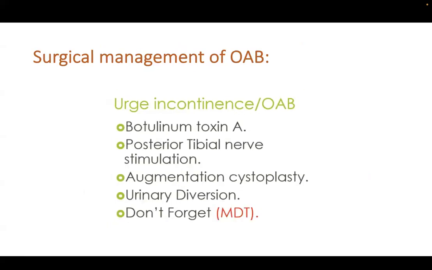And we should not forget to send the patient to MDT before surgical management. What are the surgical managements? Intravesical botulinum toxin A, sacral neuromodulation, posterior tibial nerve stimulation, and the most invasive surgeries are augmentation